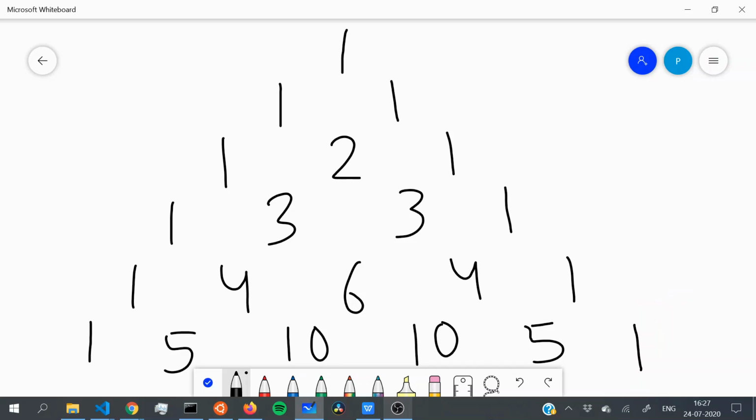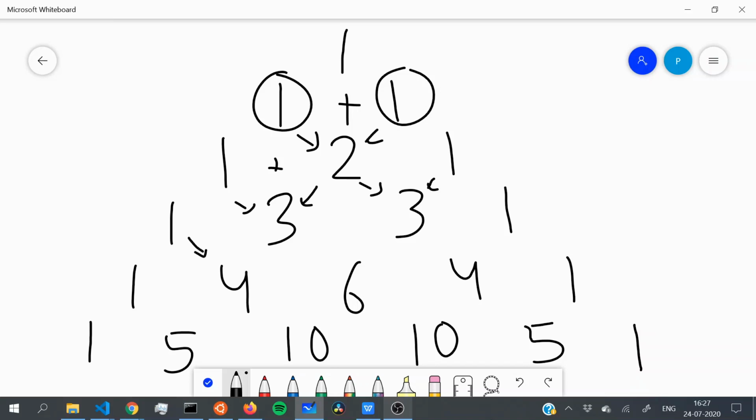Now, another simple approach is that if you look right here, these two numbers, 1 and 1, if you add them up, they make this number 2 over here. Similarly, 1 and 2 make 3, and 2 and 1 make 3. And as you can see, this pattern continues. But one problem with this approach is that it requires a lot of space, as we have to store the values before this. I don't want to be storing the values of a Pascal triangle, I just want to be printing them out. So this approach also isn't the best solution possible yet. We can think more, right guys?